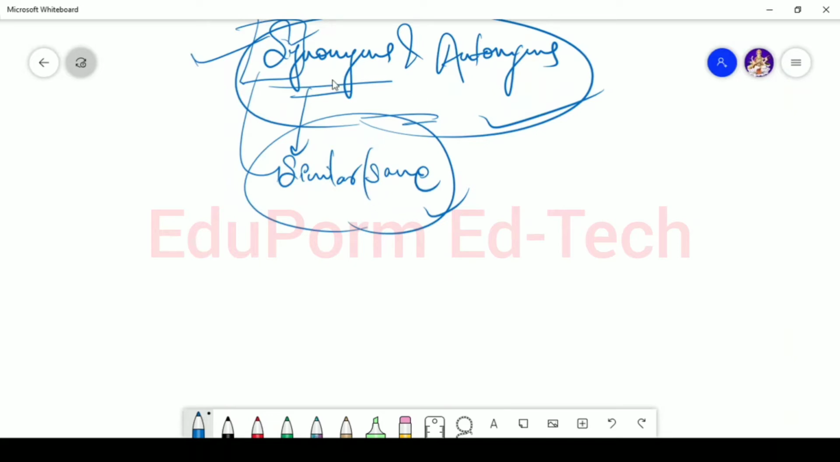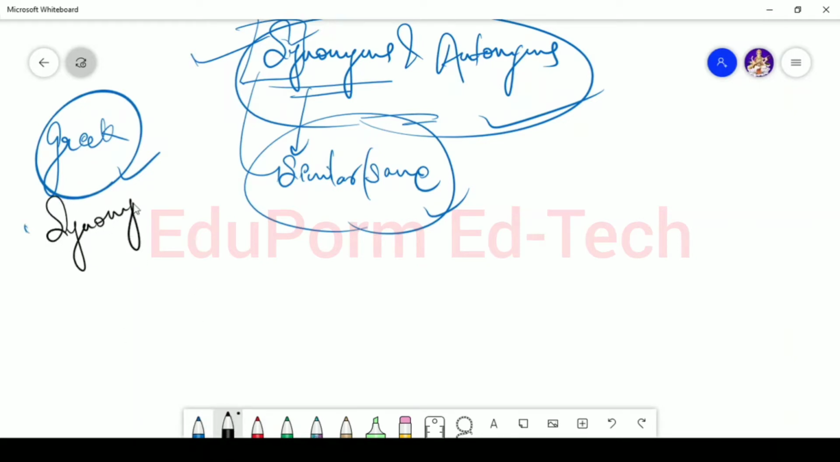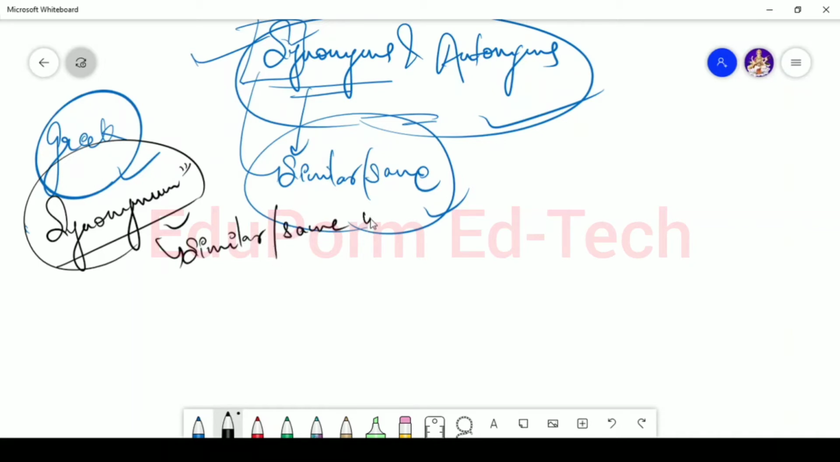Synonyms and antonyms are always used together. So antonyms will be the opposite one. Synonyms has a Greek origin, which comes from the word synonymum, where it means synonym. The word synonym means similar, the words having similar or same names. For example, if I say